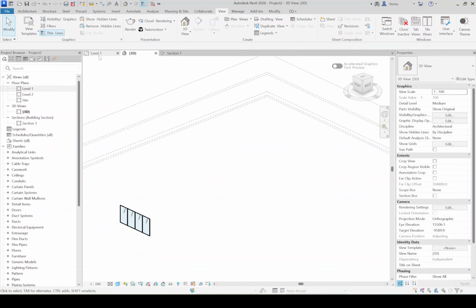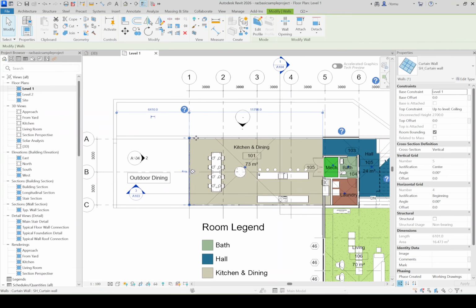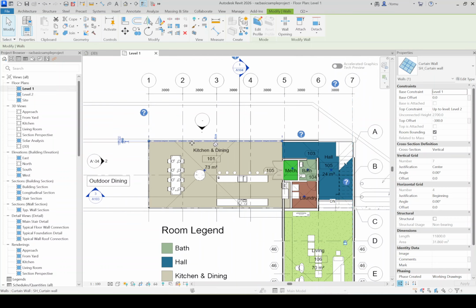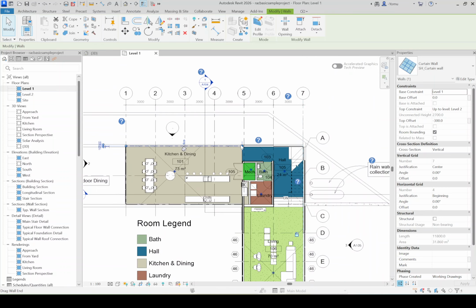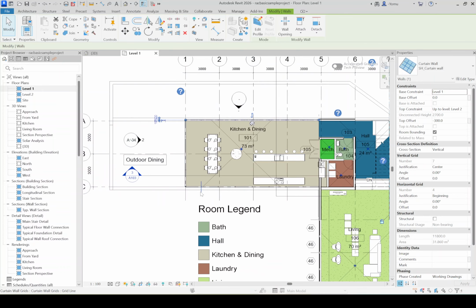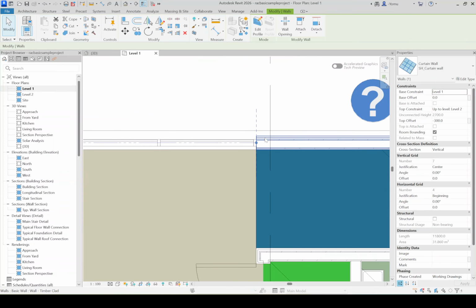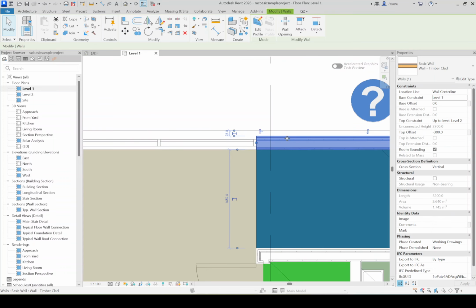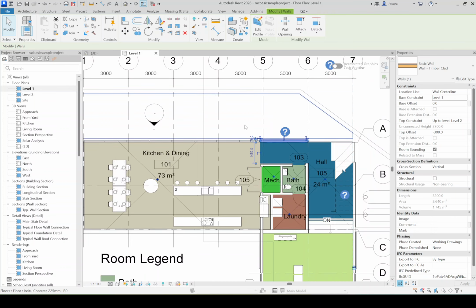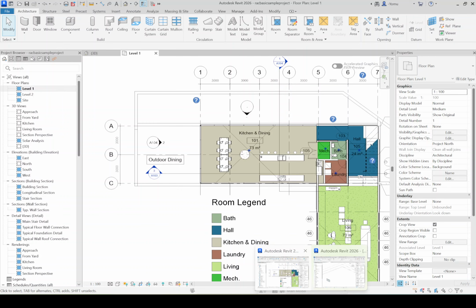So for now let's see the next walls. We have to make sure to see the length of it. So the next wall would be here, this one. It goes from A1 to, let's say, A5, and the next wall from C1 to C5 also. We can see here that we have a bit of a difference, but we will do that in the next step. So for now, we'll go to my file,